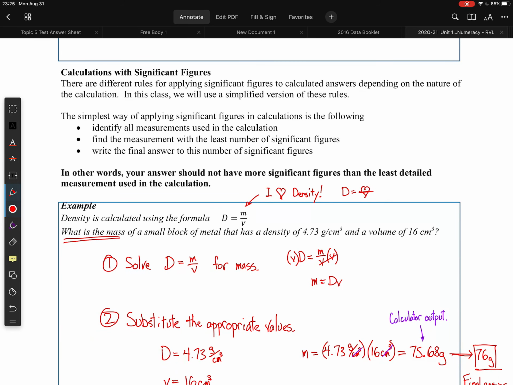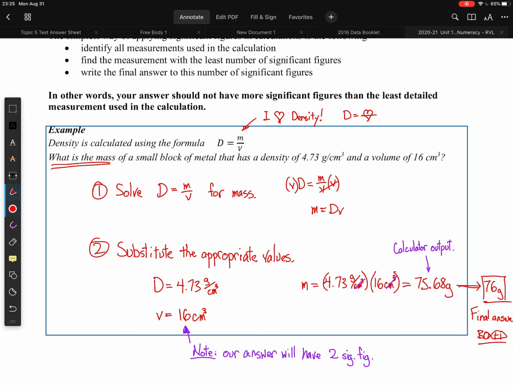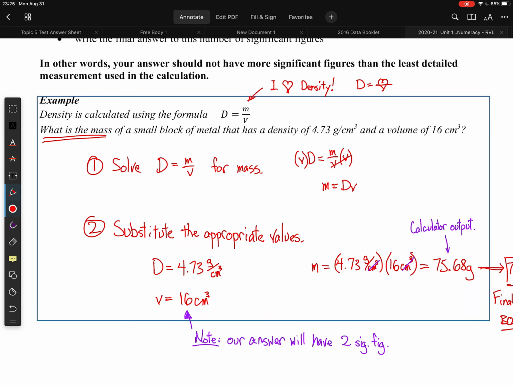Okay, so what do we do with calculations? Well, this can be a little bit tricky when we're looking at addition, and we'll see that in our next problem. But first,